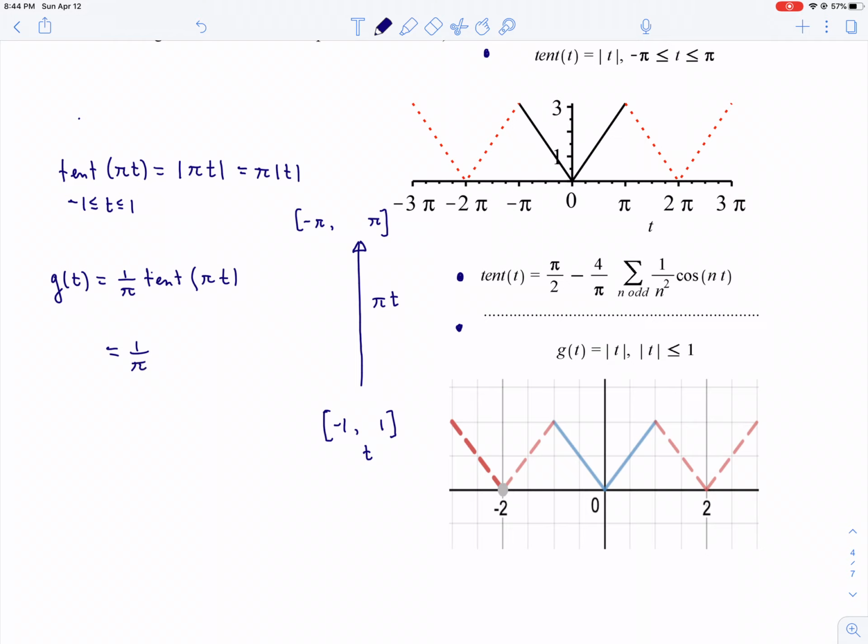So g of t is 1 over pi, and then I take tent of pi t, so that's pi halves minus 4 over pi, the sum over n odd of 1 over n squared cos nt. Right, so I just plugged in,